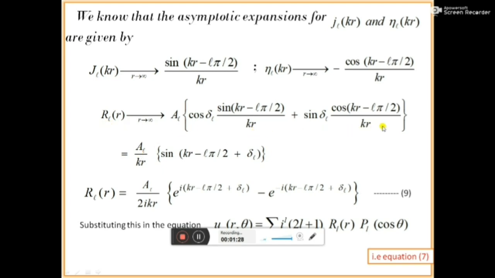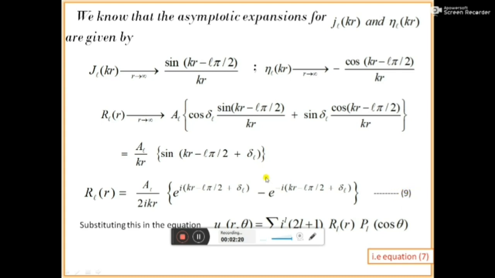Then see this equation, which is in the form of cos A sin B plus sin A cos B. Therefore, you can write this as A_L divided by kr into sin(kr minus L pi by 2 plus delta_L), since cos A sin B plus sin A cos B is equal to sin(A plus B). Therefore, R_L of r is A_L over kr into sin(kr minus L pi by 2 plus delta_L). Then the equation 9